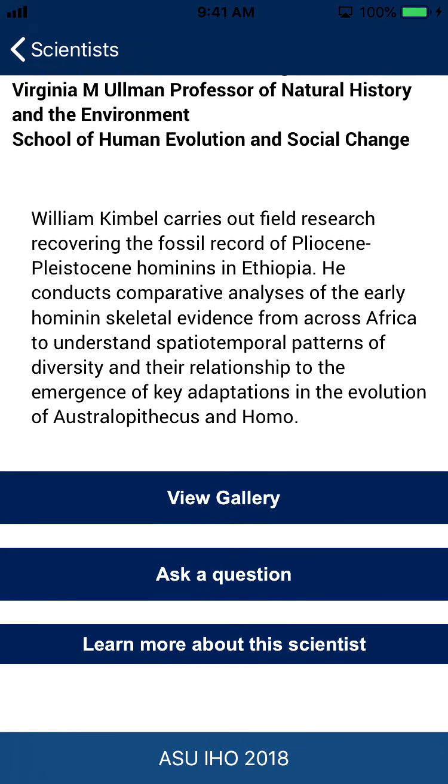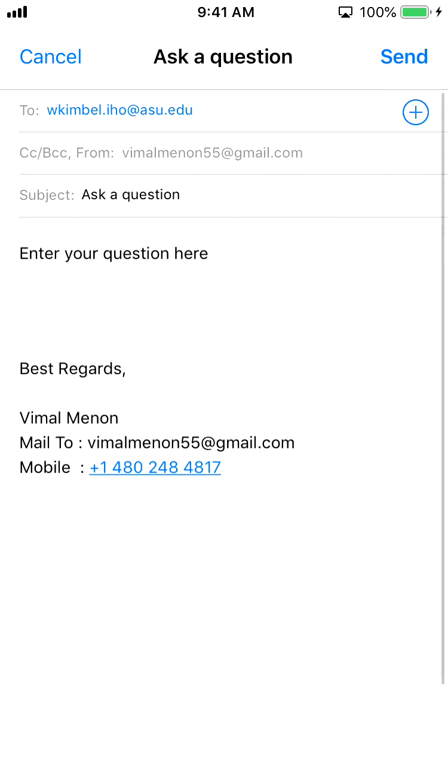So here, if you see, we have 3 links: a gallery, ask a question, and learn more about. Learn more about the scientist will take you to the web page. Ask a question, so you can send an email to him directly. So this is one difference between Android and iOS. Here, it's an app overlay. So clicking, you can type whatever message you want, and if you want to send, you can send it. Or if you click cancel, it'll take you back to the